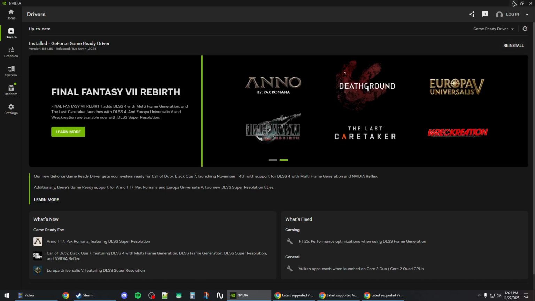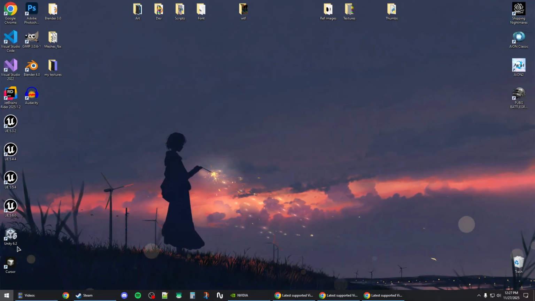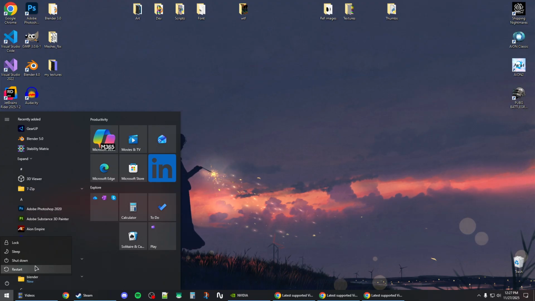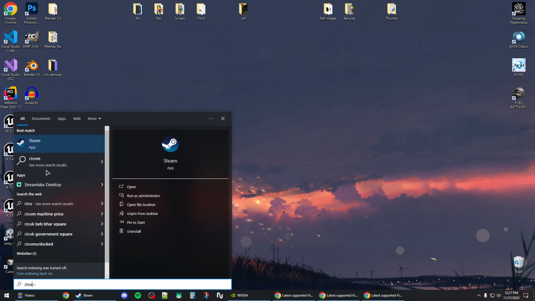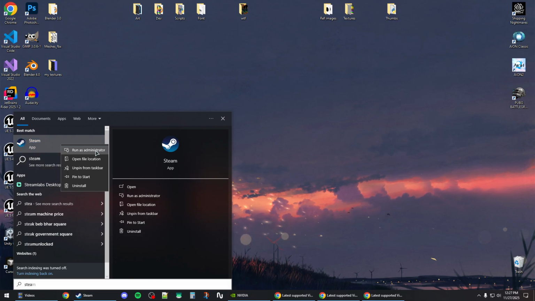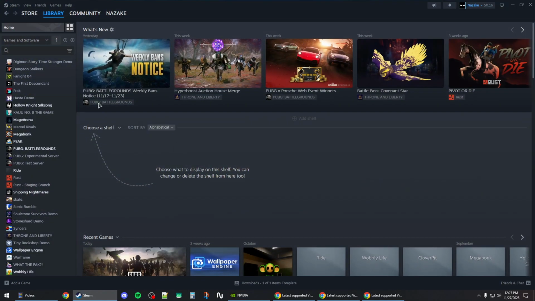it on your system. Now once you're done, you will need to restart your system by clicking power and restart, and then you will need to launch Steam as admin after the reboot. Right click on Steam and run as admin, and then you can launch the game again, and this should fix